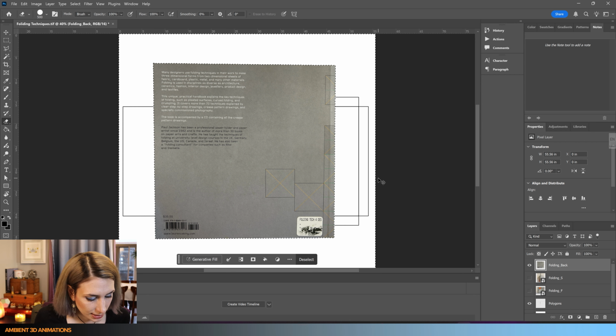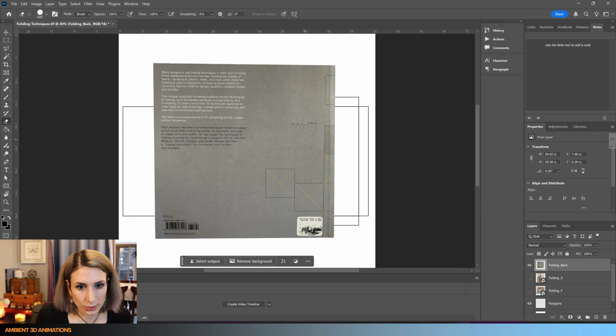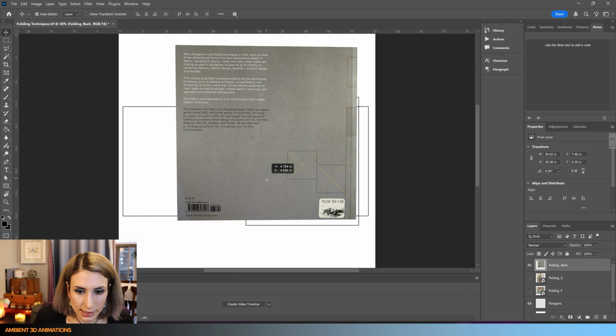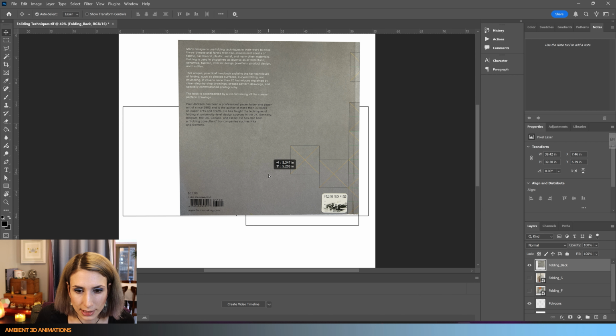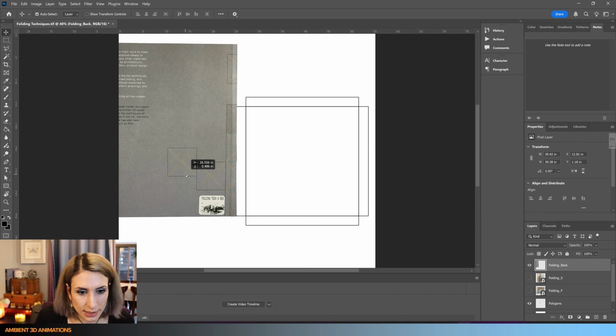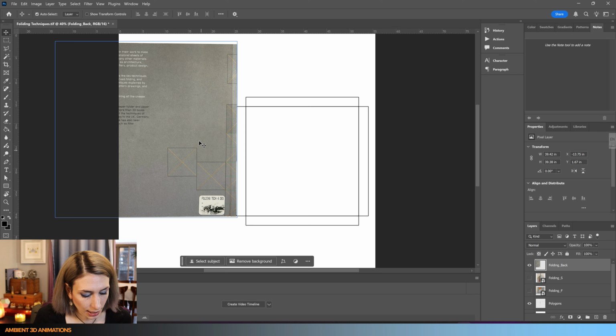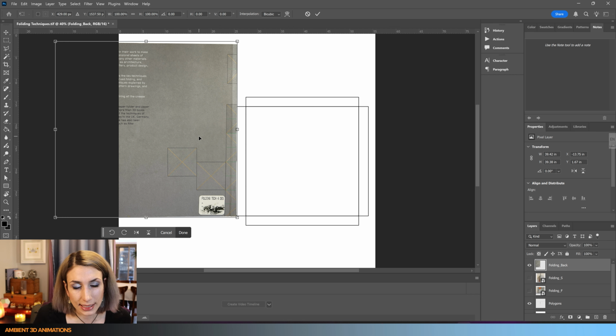And then you can go ahead and erase in here, or you can use the delete key in order to just remove it completely. Control D will get rid of the selection, and we can then use V in order to click on this and move it. Now you can see that this isn't perfectly square, so we're going to need to adjust this further. But first, let's get this lined up to this corner here. So I'll use Control T, that would be Command T on a Mac, and that'll bring up our